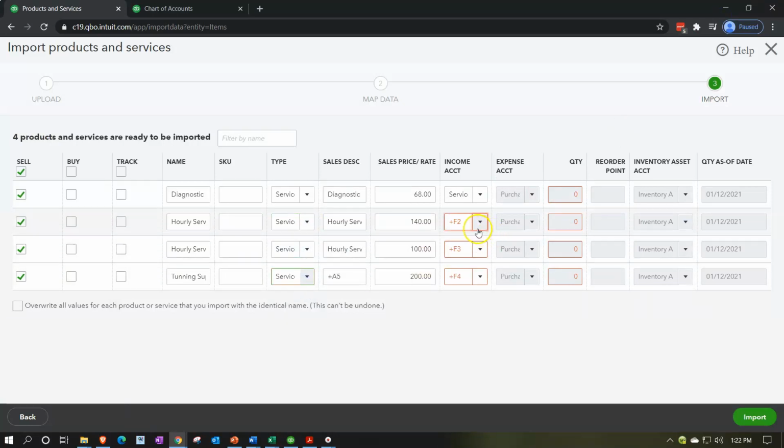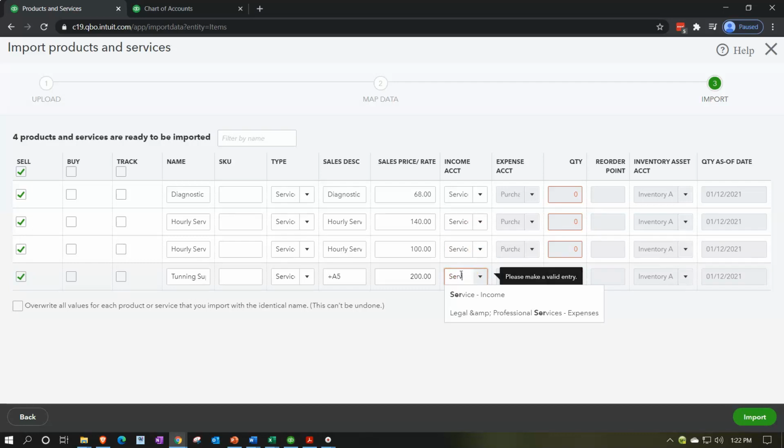And then I did the same thing here. So right here we got service income. I want the same thing. So I'm just going to say service income, and then service income, and then service income, and then quantity shouldn't be a required field, so I'm just going to click on it to remove